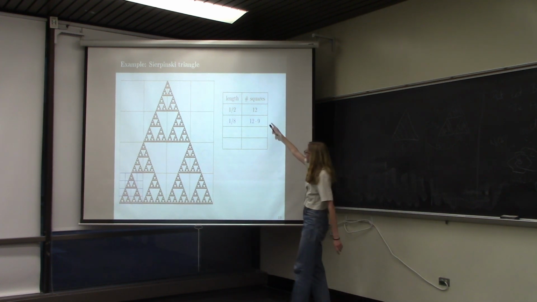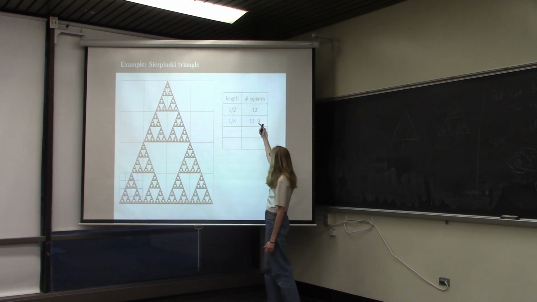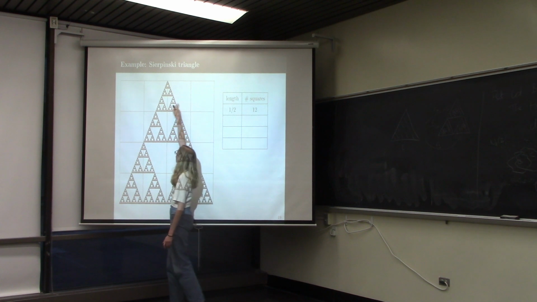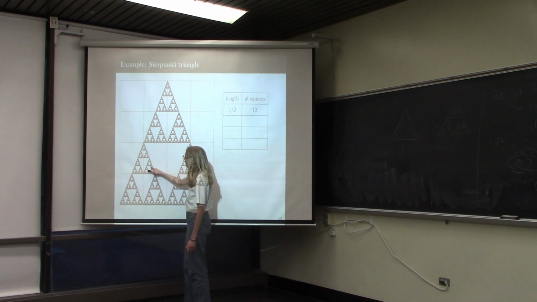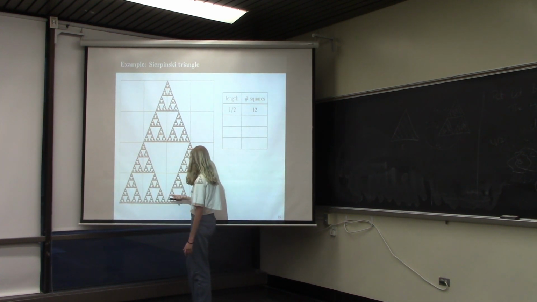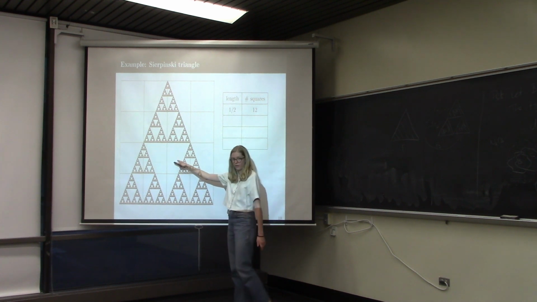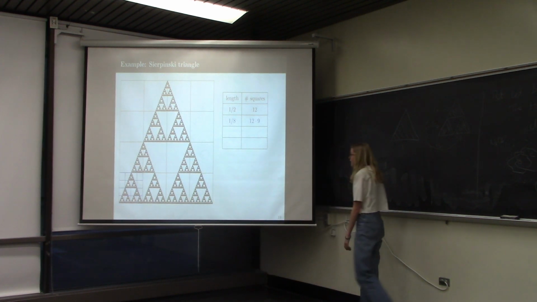Yes, we count the number of squares which we touch. So that's just 1, 2, 3, 4, 5, 6, 7, 8, 9, 10, 11, 12. Okay. And we continue in this fashion